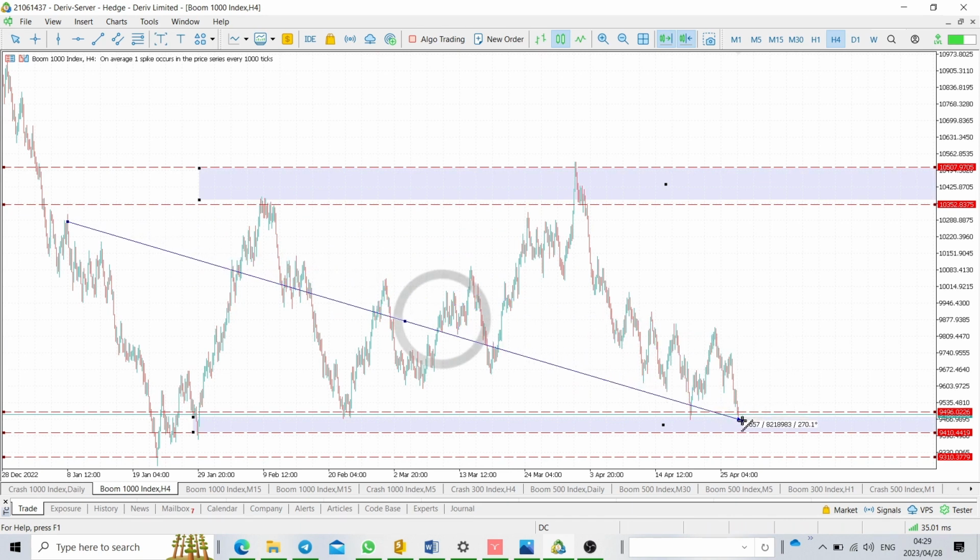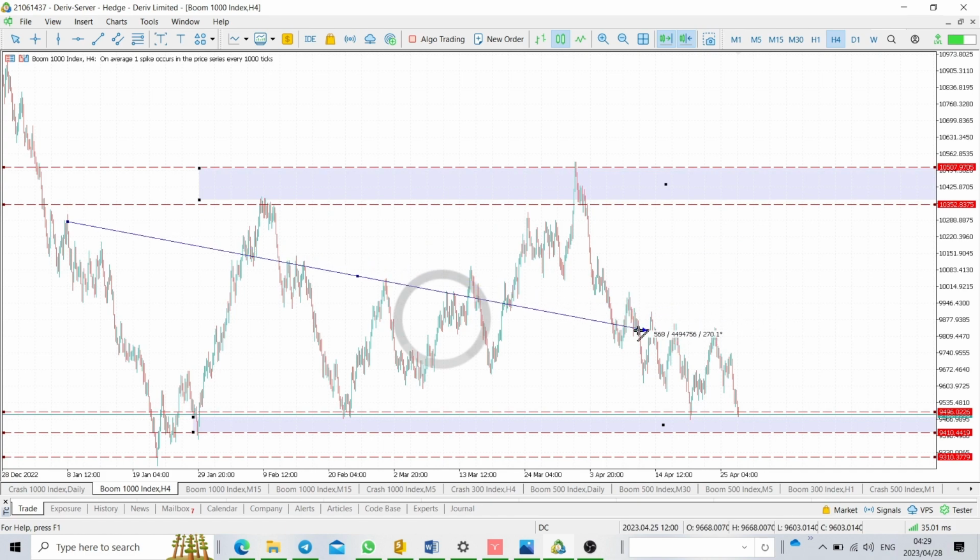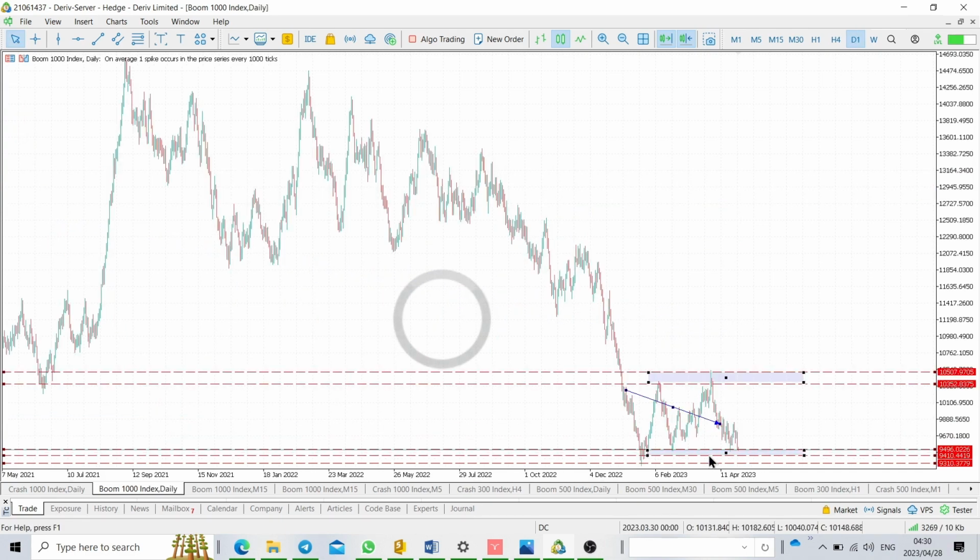So there are two things that are likely going to take place. There can be a double bottom. This is the first, and this is the second bottom. So probably price will reverse and go and reach this part, but we are not sure of that. There is also a probability that price will just continue moving down. That possibility is there because overall Boom 1000 is in a downtrend. It's bearish,